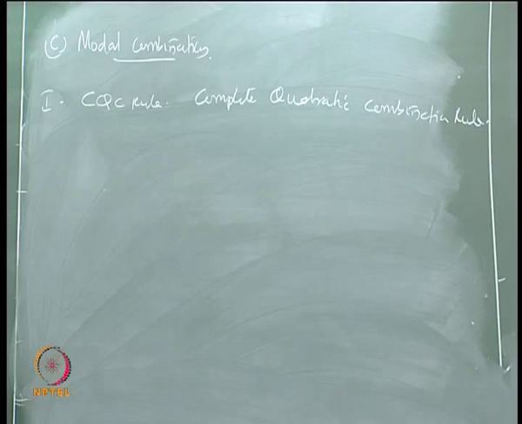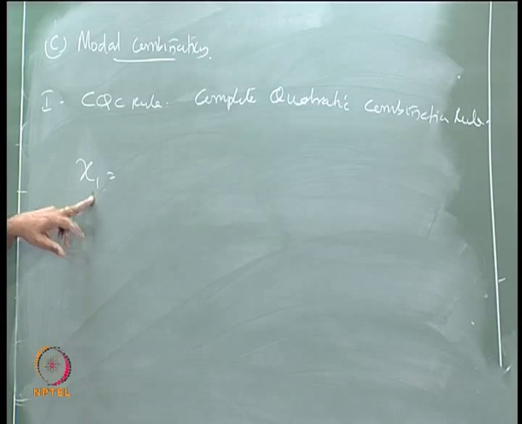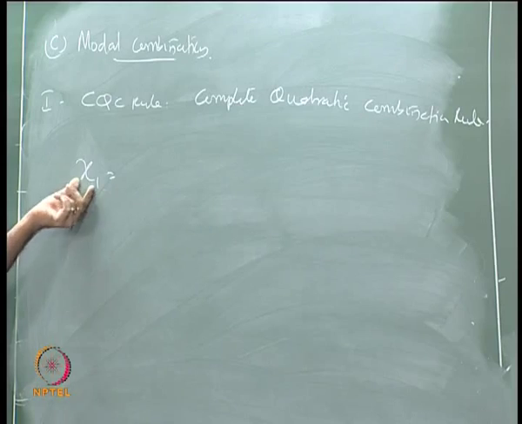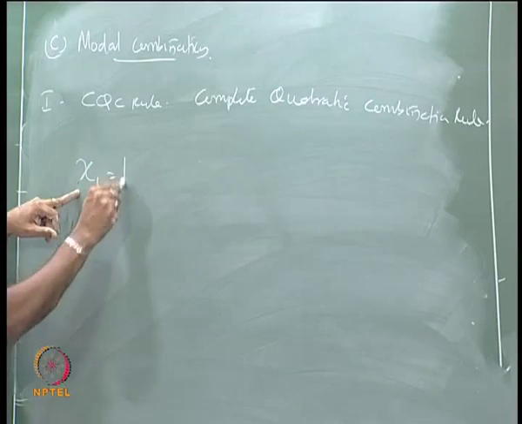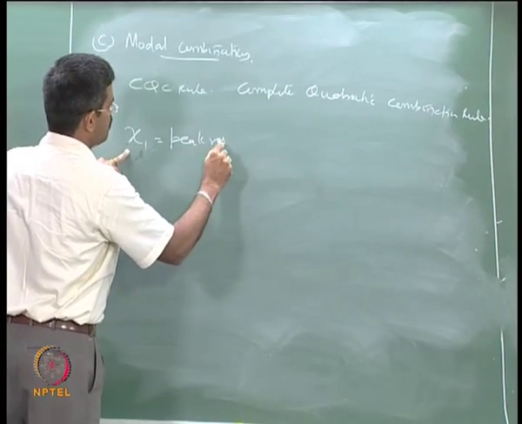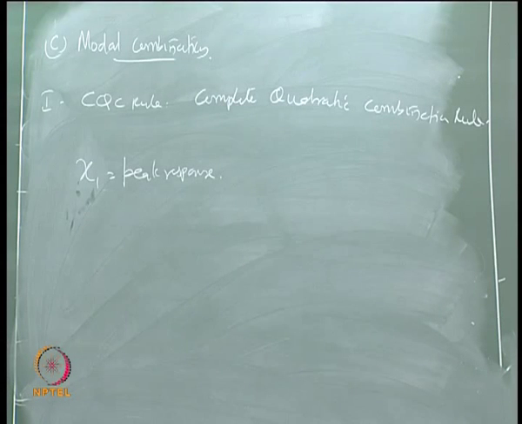These are all mathematical applications. What it says is we want to find the response in any level, not in mode, any level, that is first level, second level, third level, fourth level of a problem, that is response either in the top or on the bottom, wherever you want to find the response. This is nothing but the peak response. If you are interested in the maximum response, peak response I want to compute.